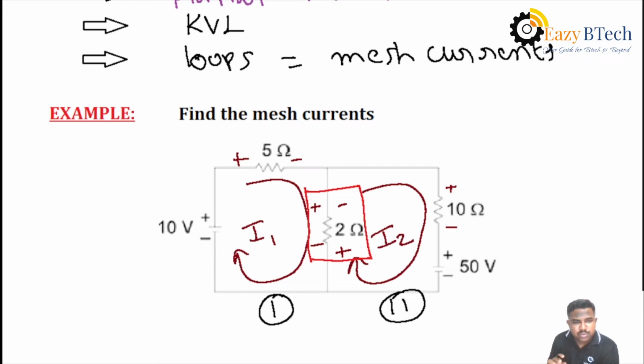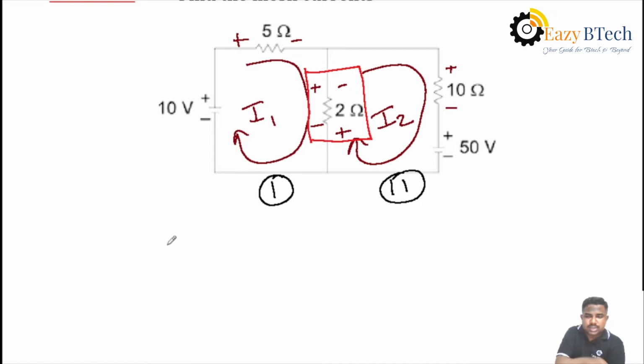The remaining elements, 5 ohms and 10 ohms, are called self elements. 5 ohms belongs only to the first loop and 10 ohms belongs only to the second loop. But 2 ohms belongs to both loops, loop 1 and loop 2. That's why 2 ohms is called the mutual element. After assigning signs and current directions, you can apply KVL to each loop. Then you must write down the step: